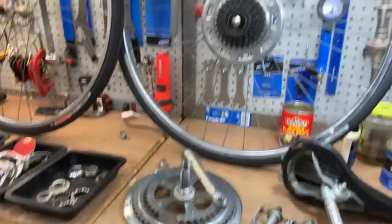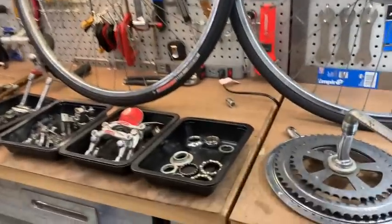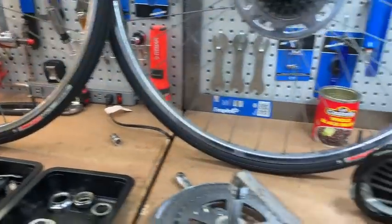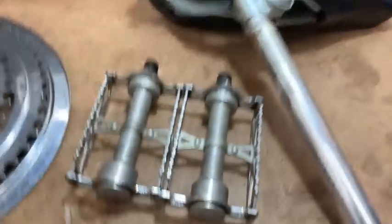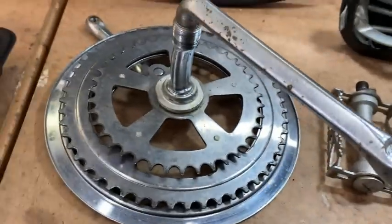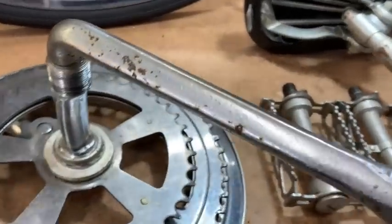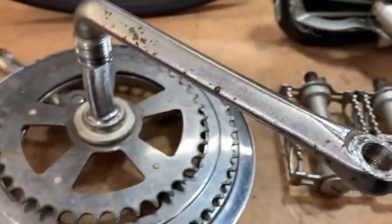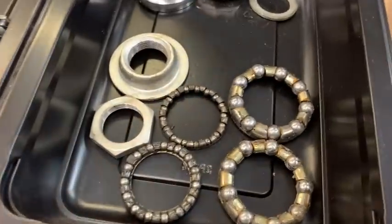So here's the bike in pieces. As you can see, there's the rims. We'll go through and clean off all the rust off of them, replace the tires, true them, and do the hubs. There's the saddle, pedals, one-piece crank. I was concerned about that right there, but that should come off. So we'll take a look at that. I want to replace all the bearings. So your